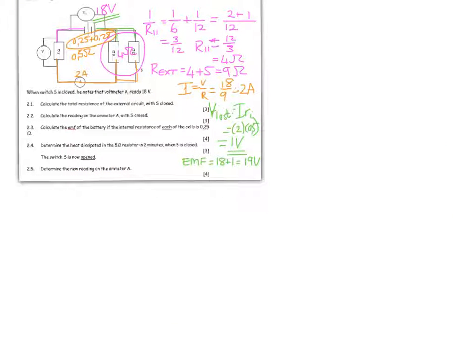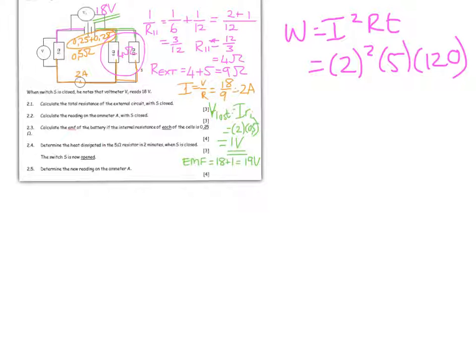Now I want to determine the heat dissipated. Heat dissipated is just another name for energy transferred. Another name for energy transferred is work done. So I'm going to look at all of my work done equations. I've been given a resistance 5 ohms. I've been given a time 2 minutes, which I'm going to change into 120 seconds, and I know that the current going through that 5 ohm resistor is 2 amps. So let us calculate that out, and I get work done is equal to I squared RT,